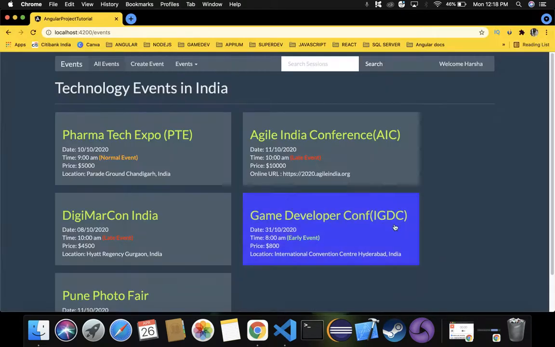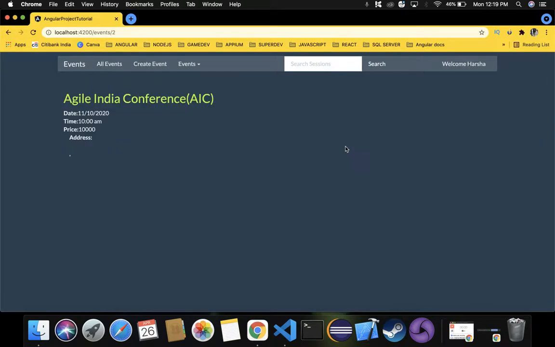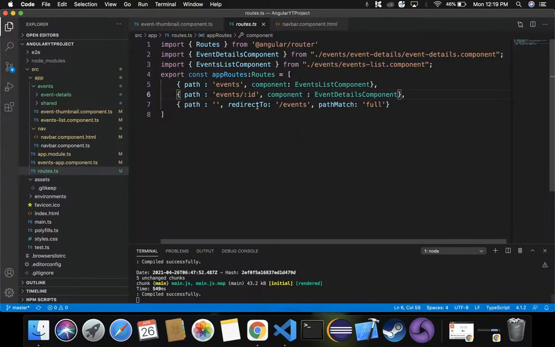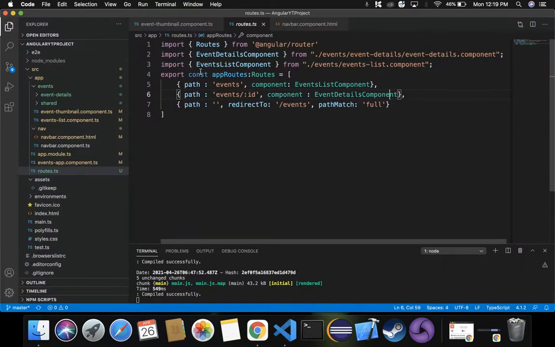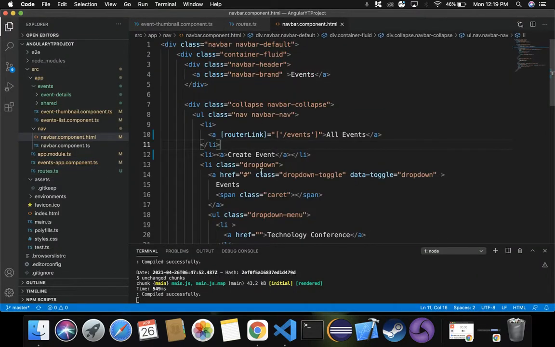So whenever we click on any event, for example the second event, the second event's details will be displayed by passing 2 as the ID over here, and that event details component will be displayed on our web page. And whenever we click on all events, it will navigate back to the main page, because in navbar component.html we have specified routerLink equals /events. It will navigate back to the main page.